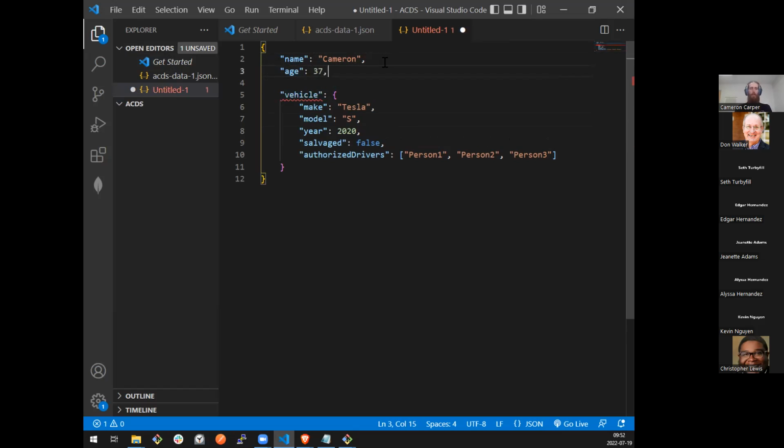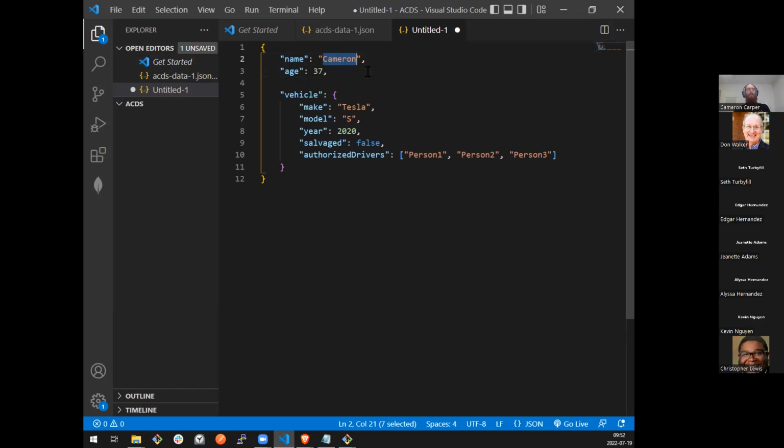For those of you who have worked with strongly typed or statically typed languages, this might feel a little bit weird. If you've done a lot of JavaScript, you'll feel right at home here. We don't have to tell JSON what the types of our variables or our properties are. We just give it a value. So in this case, I've said there's a key name with the value of Cameron.